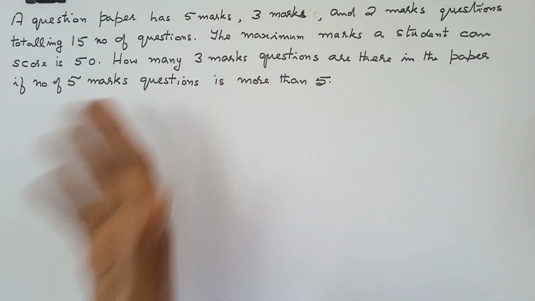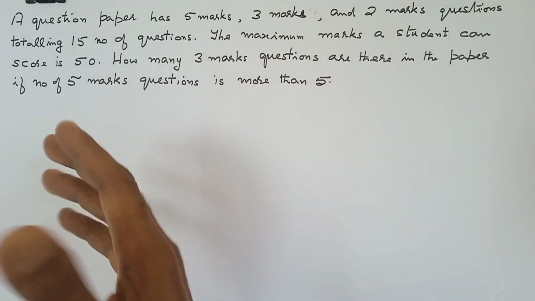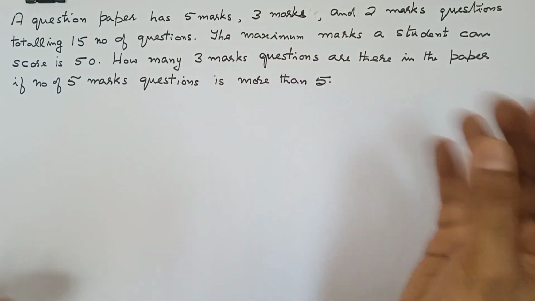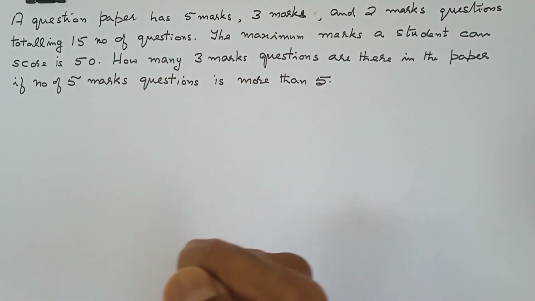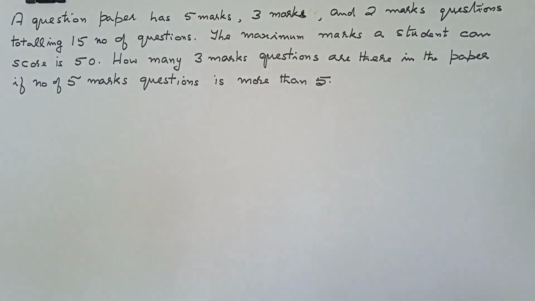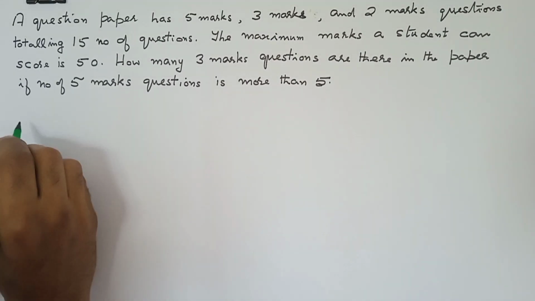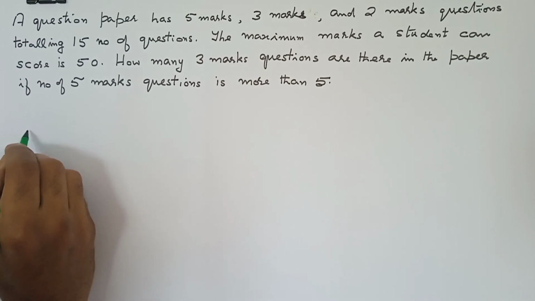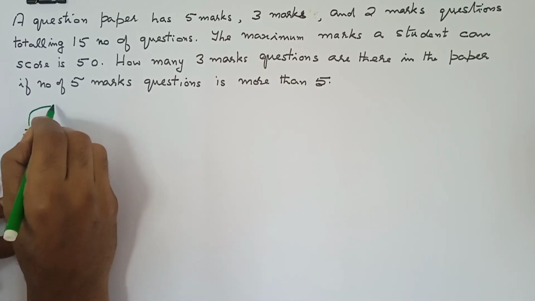In the data given, we don't know the number of each segment of questions, like how many 5 marks questions, how many 3 marks questions, how many 2 marks questions, but the total number is given. So if you don't know something, the general procedure in any quants problem is to take it as some variable. Let x denote number of